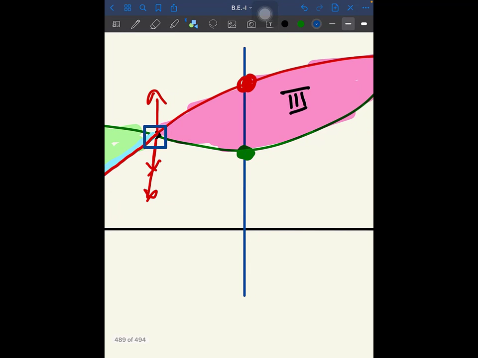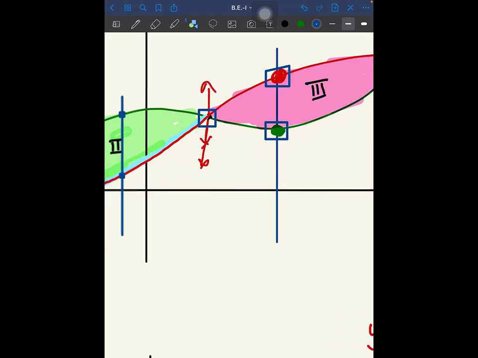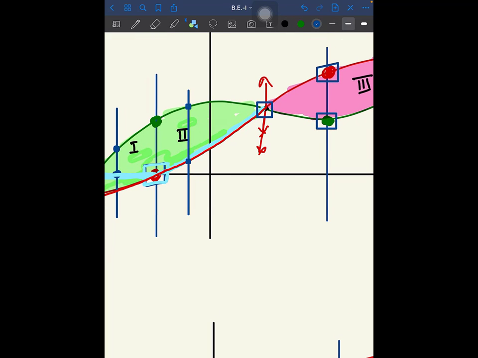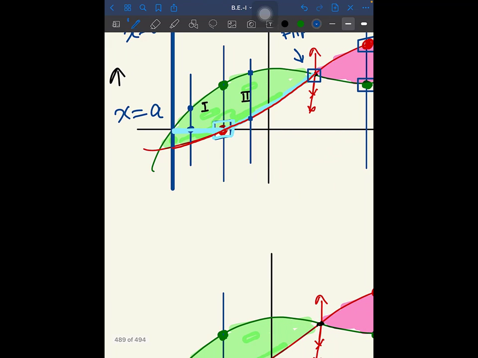Your red curve is now a higher curve, and here your green curve is a lower curve. So your entering is here and exit is here, right? So you need to carefully mark your flipping points where the behavior changed. So this is your flipping point, flip, and one flip arises over here,